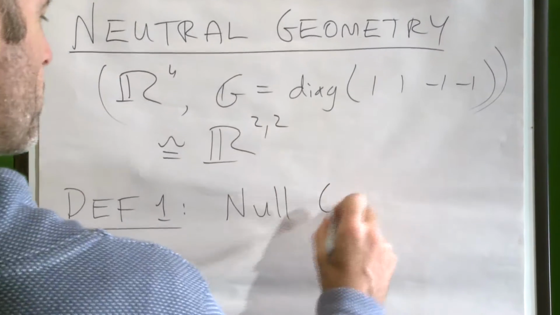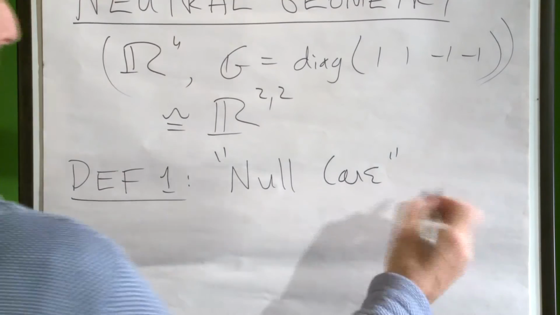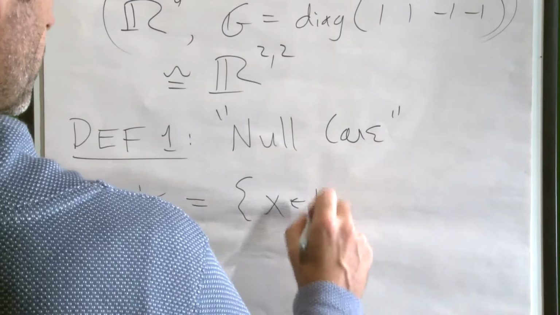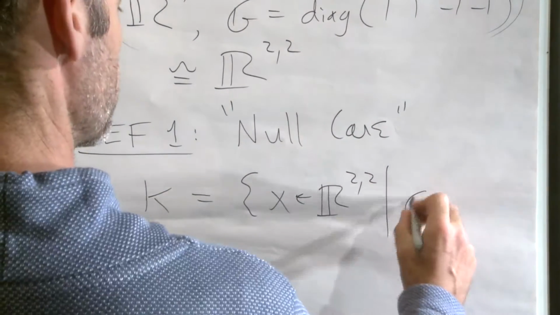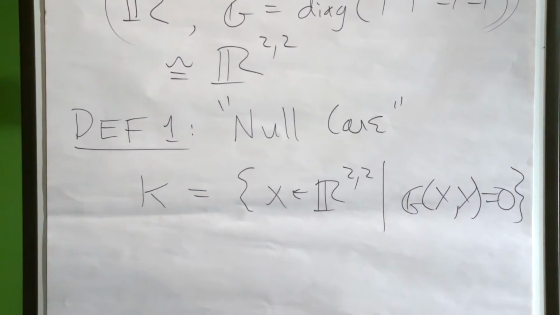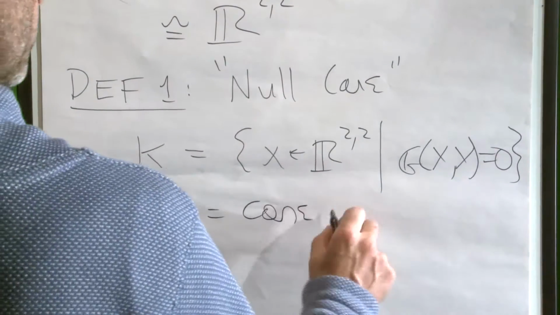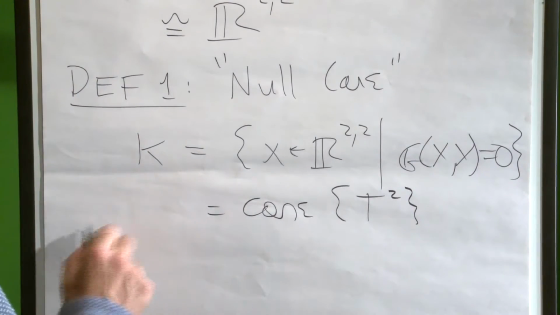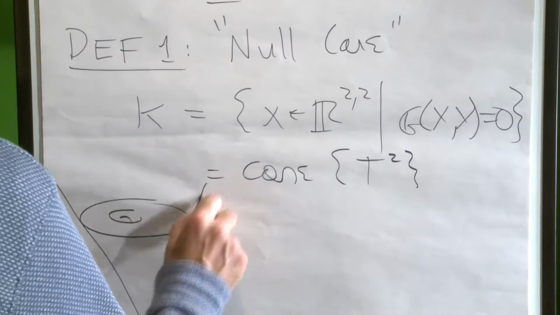So the null cone is essentially the set of all null vectors associated with this metric. The null cone, let's call it K, is the set of all vectors x in R4, or in fact R2,2, if we're going to use that notation, such that their length is 0. So the set of all null vectors. Such a cone is actually a cone over a torus. If we were to draw it, what we would see is a torus like that, and then we would cone